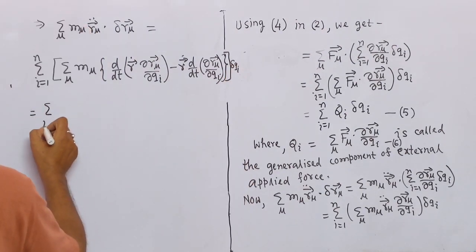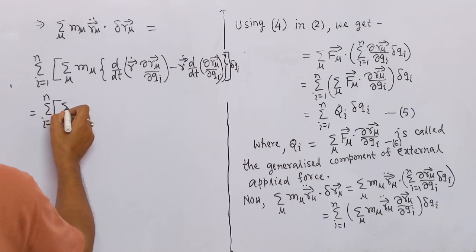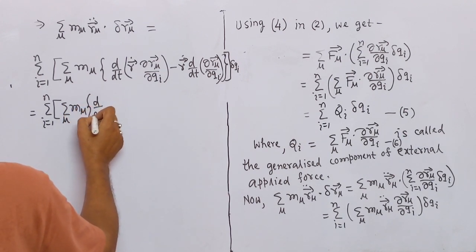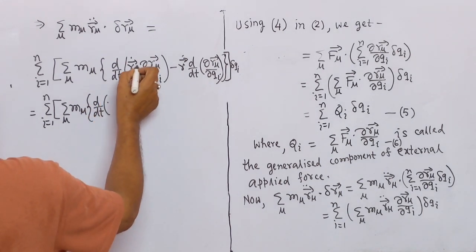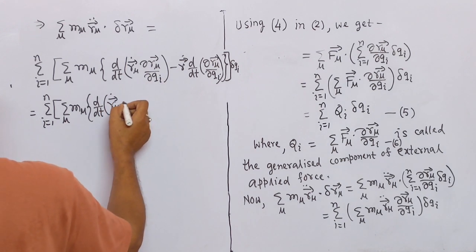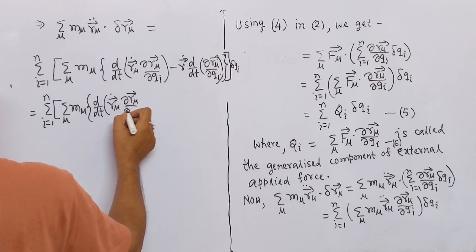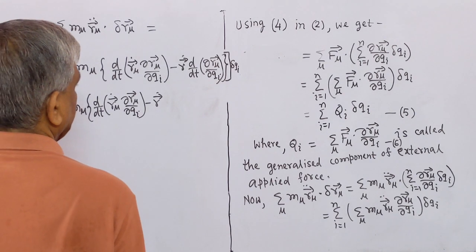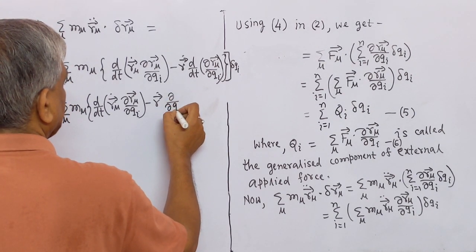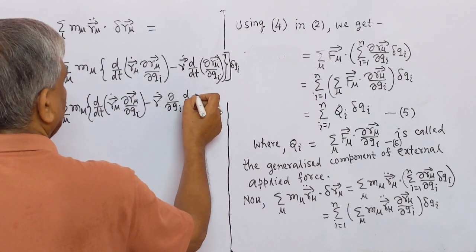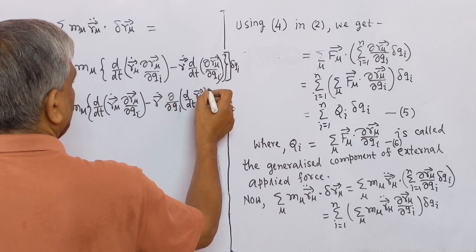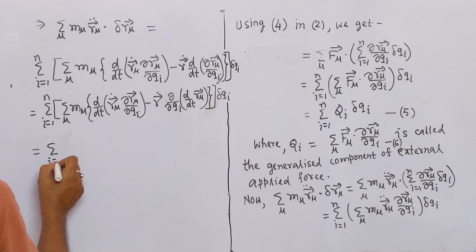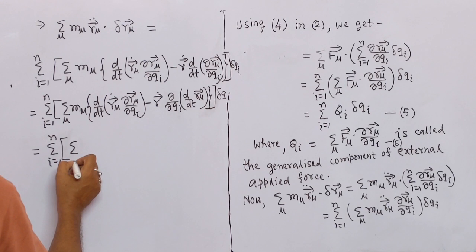We may write sum over i equal to 1 to n, bracket, sum over mu of a_mu, d/dt of r_mu dot, partial derivative of r_mu vector with respect to q_i, minus r_mu dot, exchange the derivative operator, partial derivative with respect to q_i of d/dt of r_mu vector, bracket closed, delta q_i. This is equal to sum over i equal to 1 to n, bracket, sum over mu of a_mu